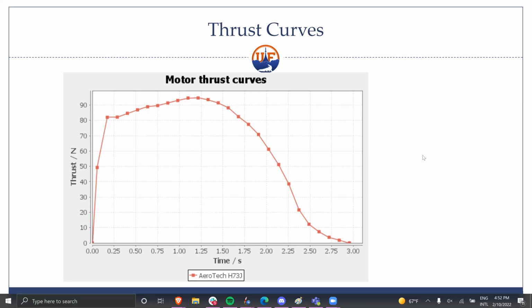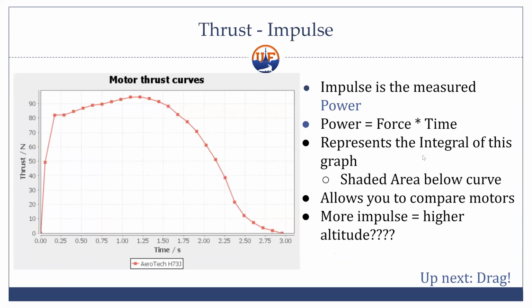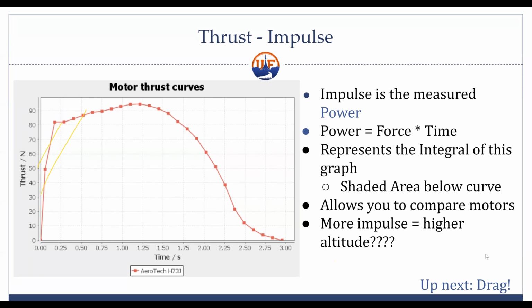Yeah, so impulse is actually the measure of the power that the rocket has, or the motor has. It's the force times time. So if I think of it like this, it's actually the integral of this graph, or everything below here like that, right? And it represents the area under the graph. So these two motors actually have the same power. They could carry the same type of rocket, but they have a different amount of actual altitude in terms